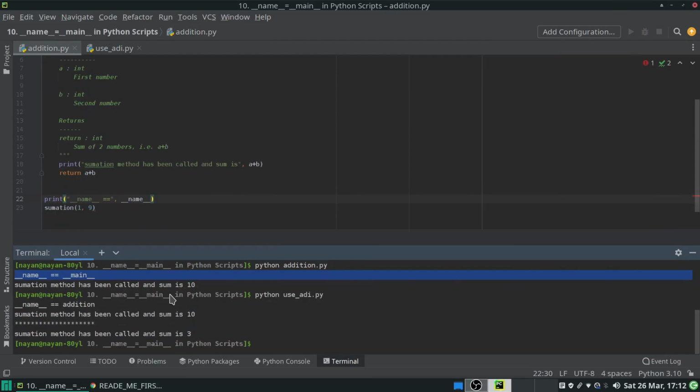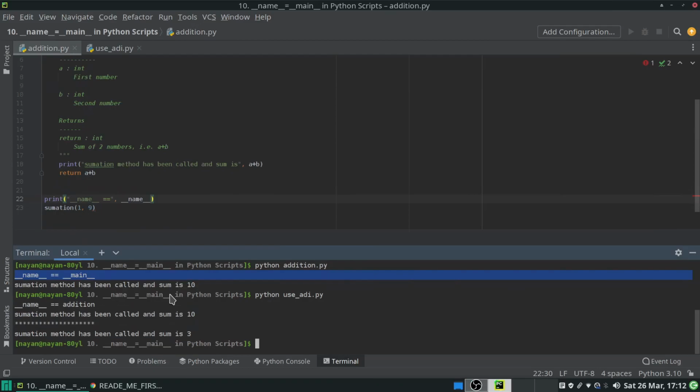The reason being, when we run any script in standalone mode or in the direct mode, like with the command python script name.py or python -m script name, in those scenarios, the value of underscore name underscore will be underscore main underscore, because it will be considered as a main module,